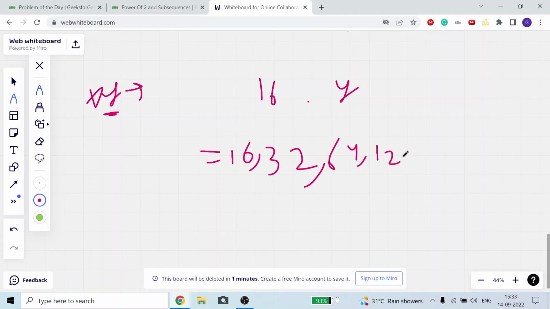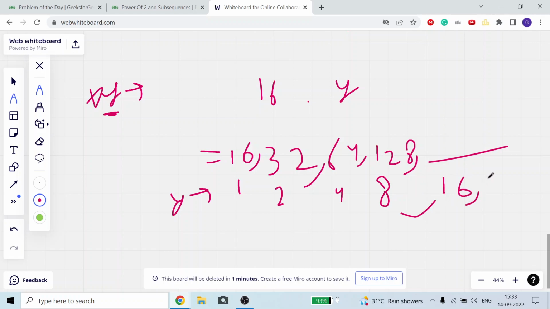Next is 128. So one thing you can observe that is common in all this is y: the value of y is 1, 2, then 4, then 8, then 16, and up to 32. Okay, so for a particular x which is a power of 2, the number y that we can multiply to make the result a power of 2 should also be a power of 2.